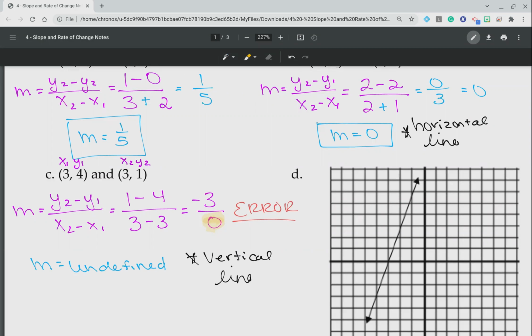And I always kind of remember this by vertical line, undefined. Kind of rhymes with itself. Vertical line,